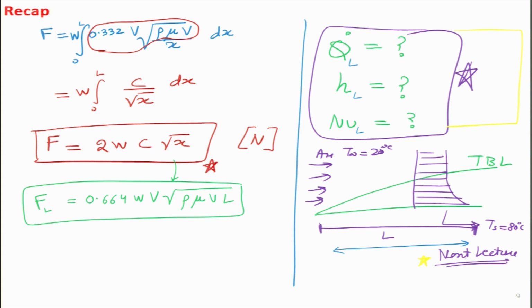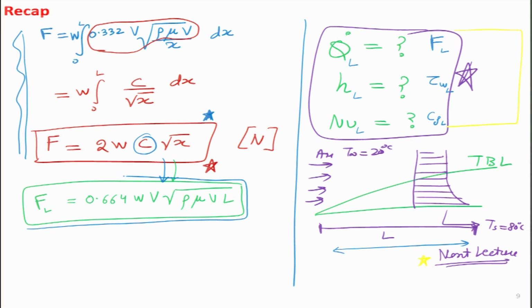In addition to that, we also want to figure out values for force, how much force is actually acting on that particular plate, what is the shear stress acting on the plate, and what is the coefficient of friction acting on the plate. If we know these values as a function of x, then we can integrate them like we had done last time. You can see on the left hand side, and I think we had reached this particular point, which is shown in the red box. Just before the start of the lecture, I plugged in that constant C value here, and this is the expression that we actually get.